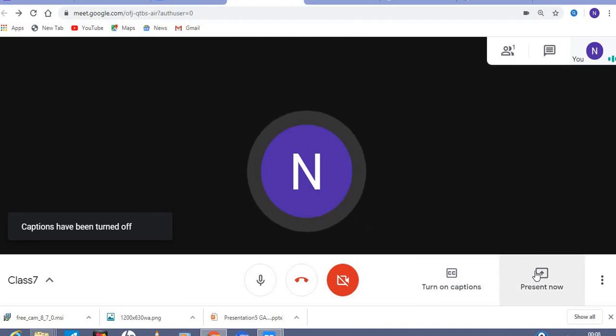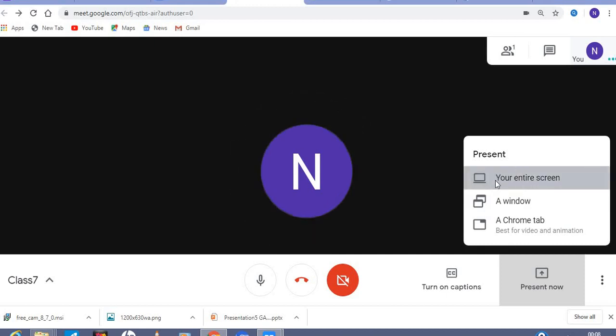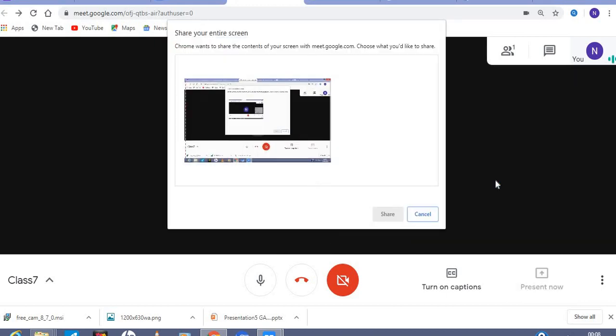Now the next feature is present. If you click over it, you will get three options: present your entire screen, present a window, or present a Chrome tab, the tab which I have opened. Most of us teach students in the form of PDF or PPT, right?